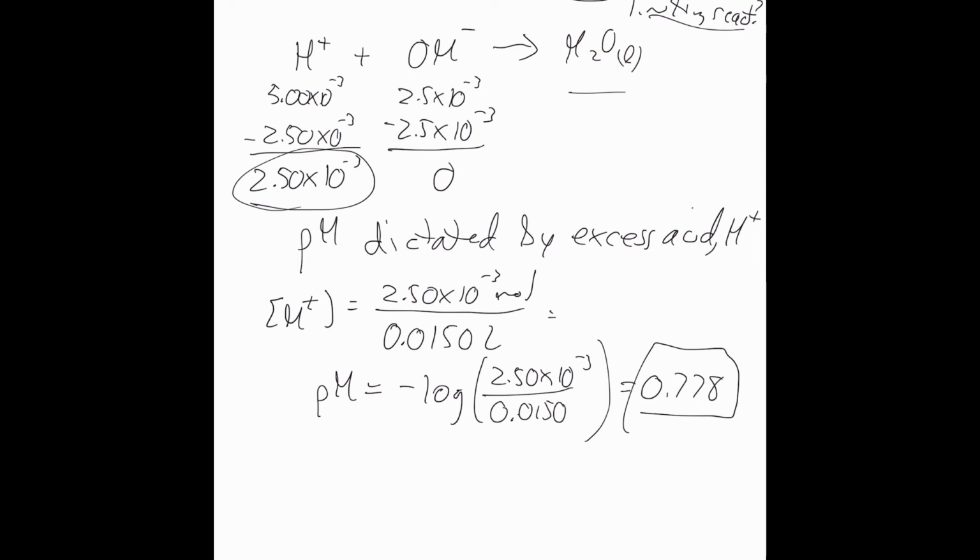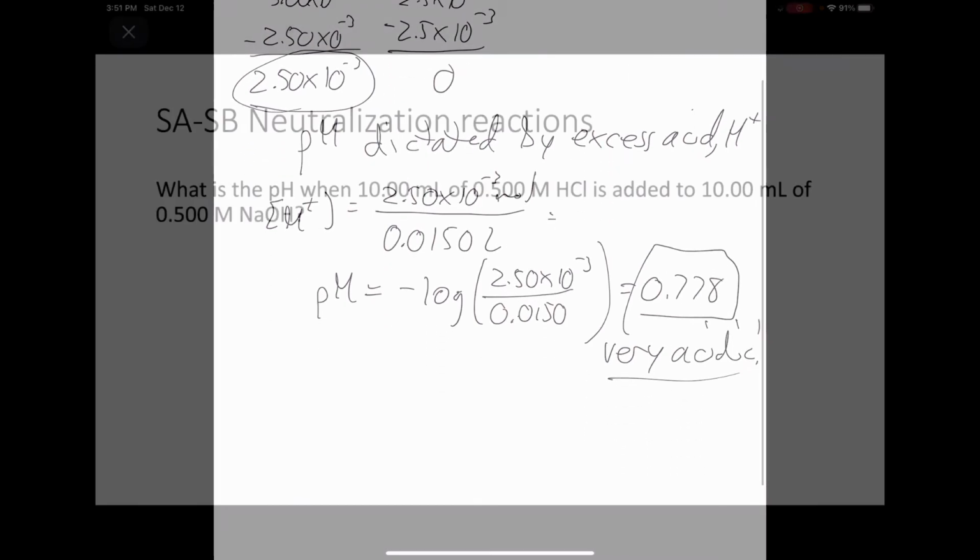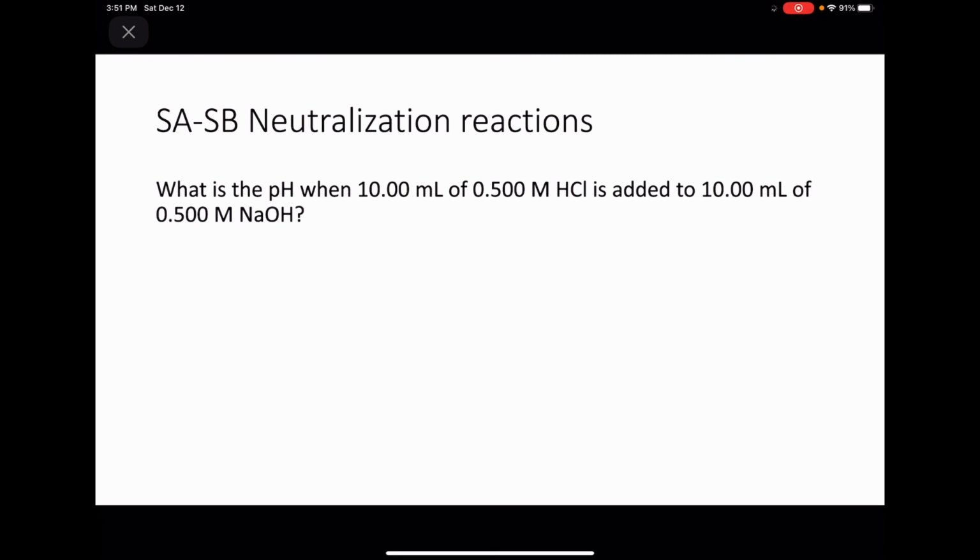Now we have 0.5 molar HCl reacting with some amount of 0.5 molar sodium hydroxide. The pH has gone up because we added base, but it's still very acidic because we had excess strong acid. So now that we solved the problem where we had excess strong acid at the end, why don't we add